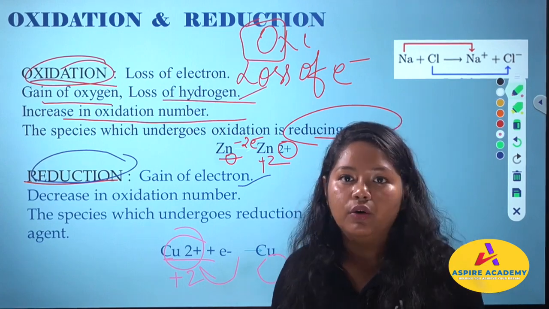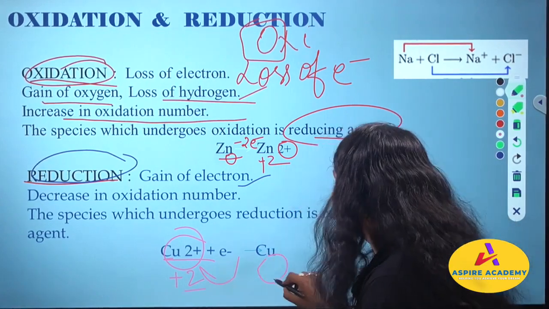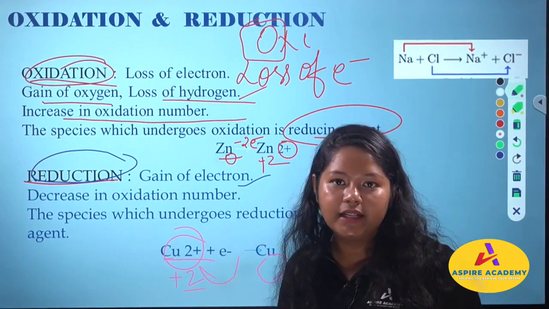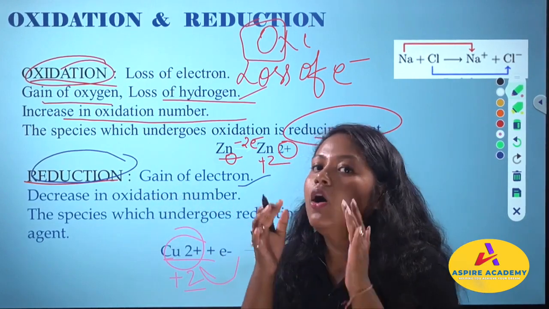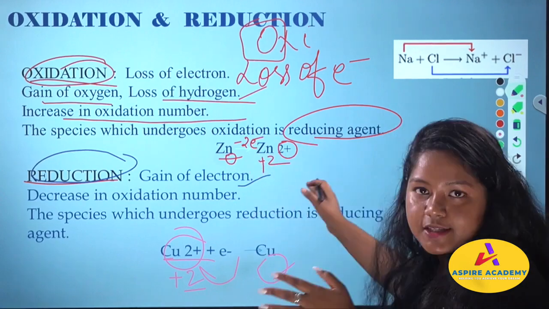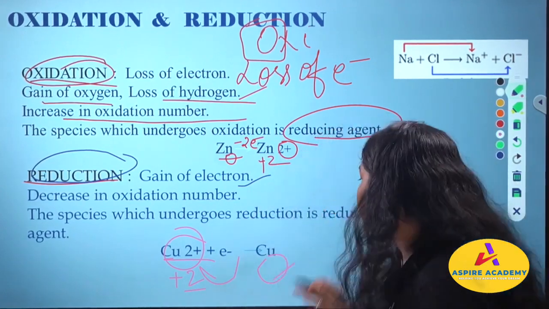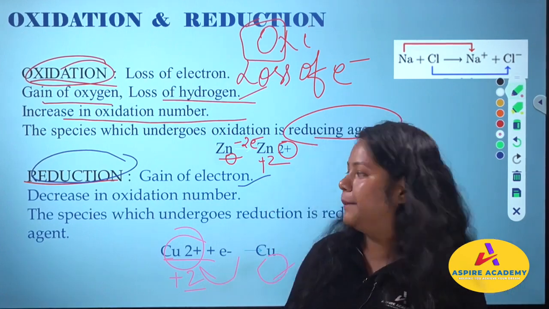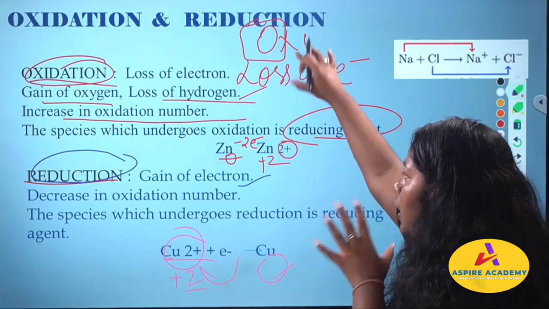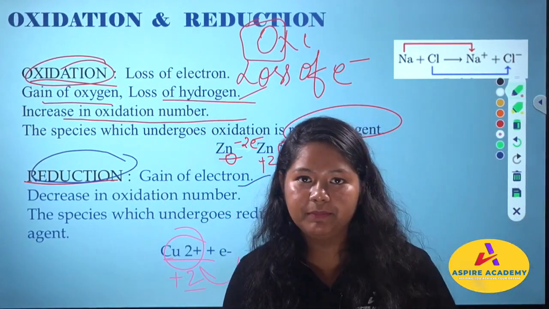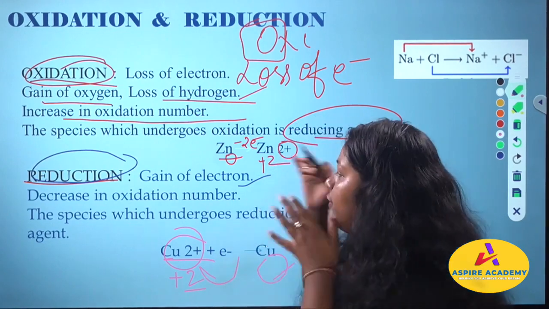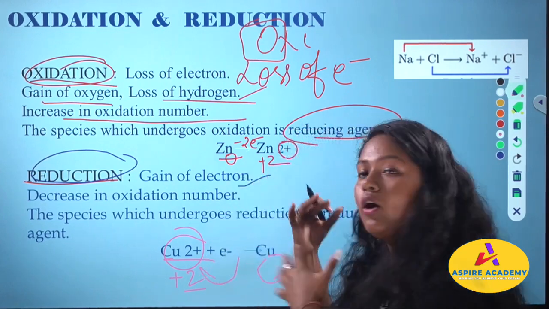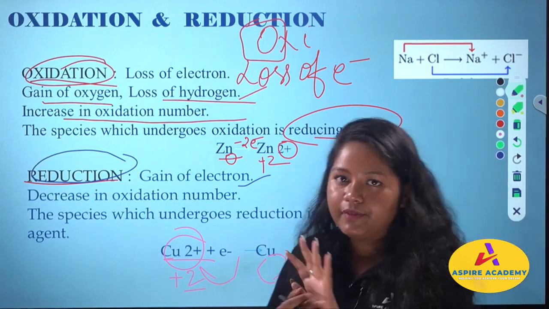it is going from +2 to 0. In mathematical terms, +2 to 0 means a decrease in number, that is a decrease in oxidation number. As I told you, from 0 to +2 there is an increase in oxidation number. Now from +2 to 0, it will be a decrease in oxidation number. Understood? Whenever reduction is taking place, obviously an oxidizing agent will be coming. Very simple, right? It's just the opposite. You just need to get into the flow, then it will be very easy.